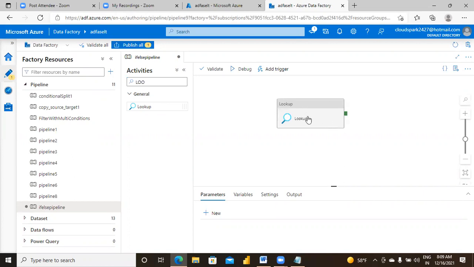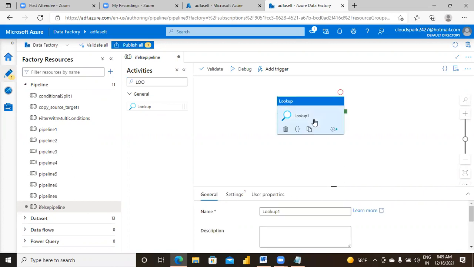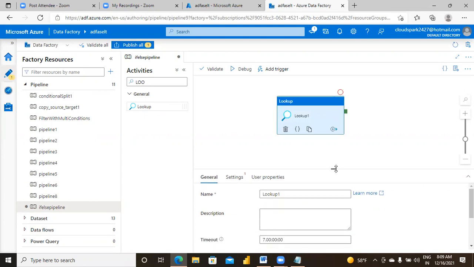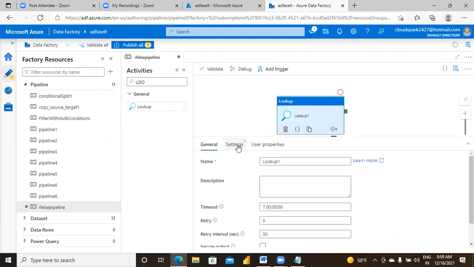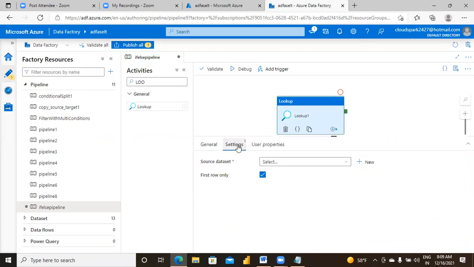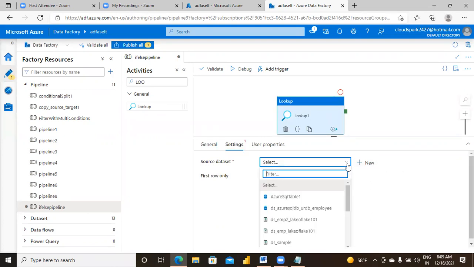The title for this activity is lookup number 1 because this is our first activity. Try to do some configuration here. In the settings, it is highlighting first row only. If I disable this, all rows, I'm going to select a data set, not the folder, not the container. Straight away, I'm going to select the data set.